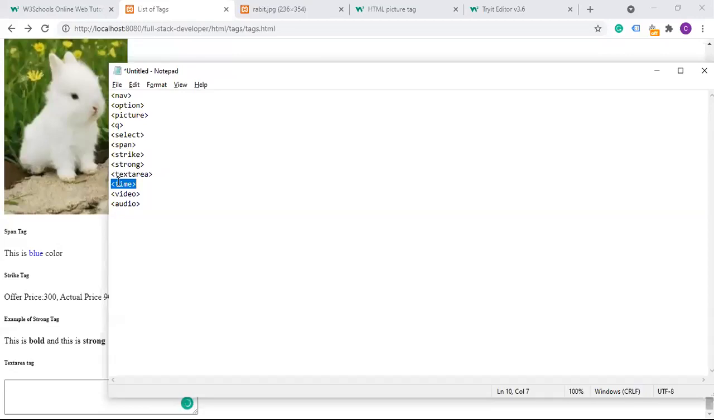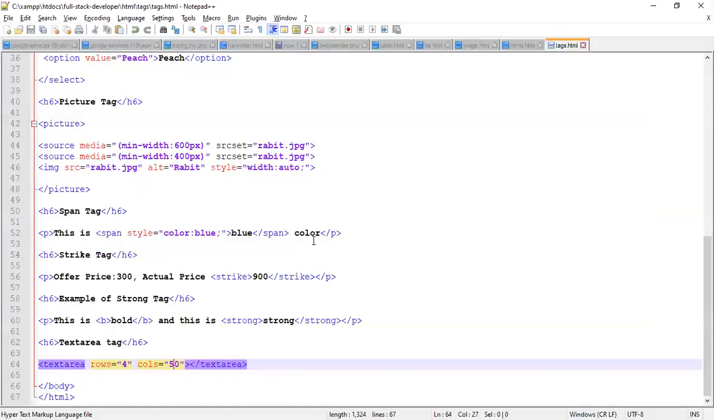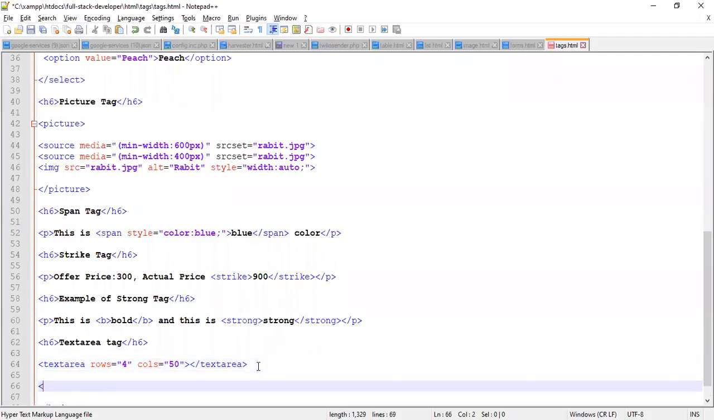Next tag is the time tag. Now, why I'm explaining all these tags is because they're very important. Somewhere you may find out the importance of these tags. And once the tags are over, we'll be proceeding towards more advanced topics. So, H6